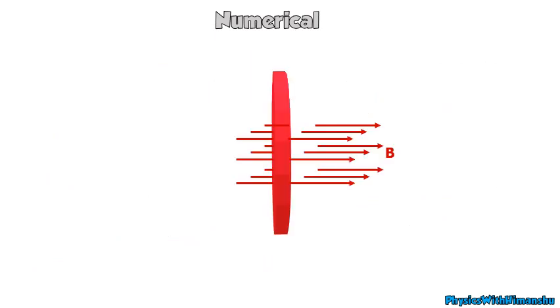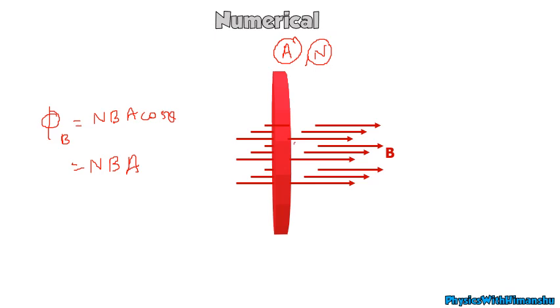Also in this question, suppose it is given that the area of this coil is A, the magnetic field is B, and the number of turns is N. What will be the magnetic flux through this coil? Magnetic flux will be given by N B A cos theta. N, B and A are already given. Now the magnetic field is in that direction and the area vector will be perpendicular to the area, so the area vector will also be in the same direction. So the angle between both of them will be 0 degrees. The answer will have cos 0, and cos 0 is 1. So the net flux will be NBA. This is how you have to calculate magnetic flux.